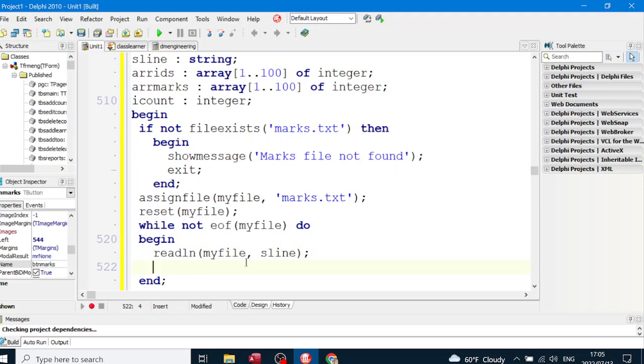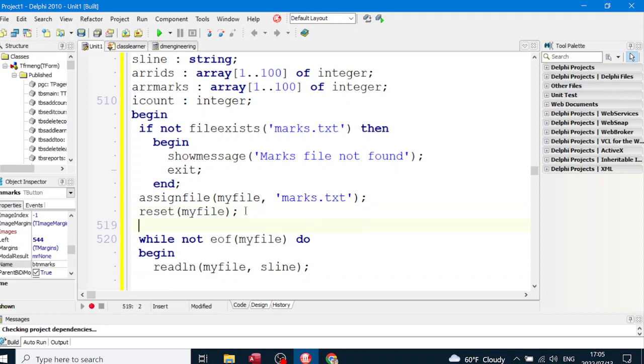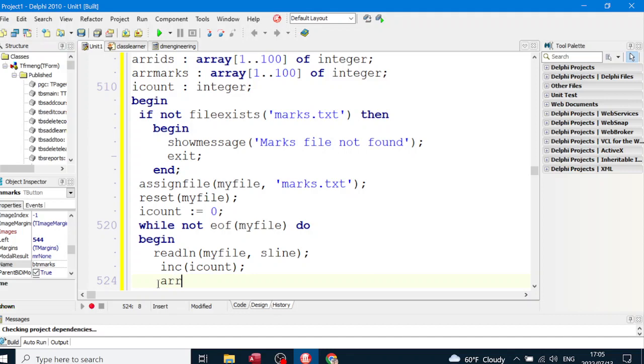So we're going to set our counter to count how many we are reading. We set it to 0. We'll increment it each time we read a line. Then we will go and say ARR marks. Oh wait, let's do the ARR IDs, because it's the IDs that are first in that text file. Each line is an ID first, comma, and then the mark. Square brackets I count